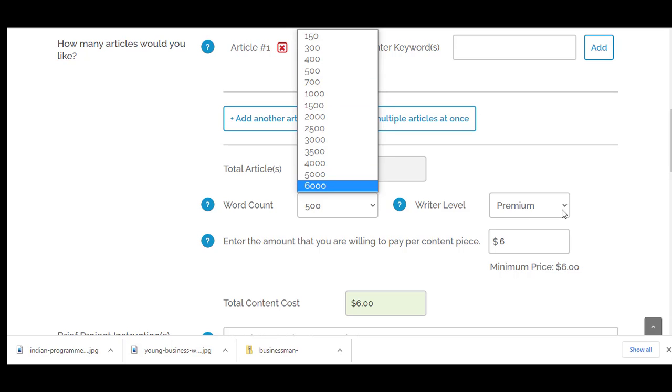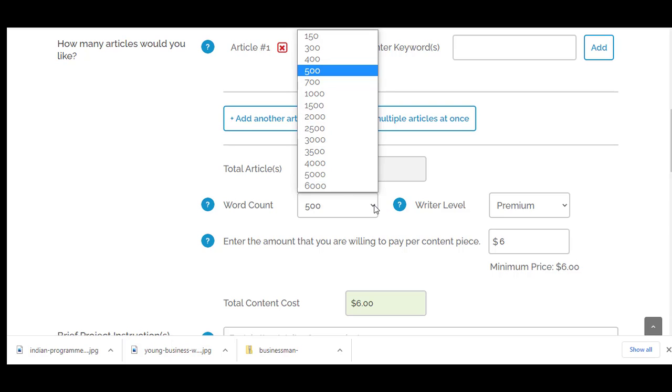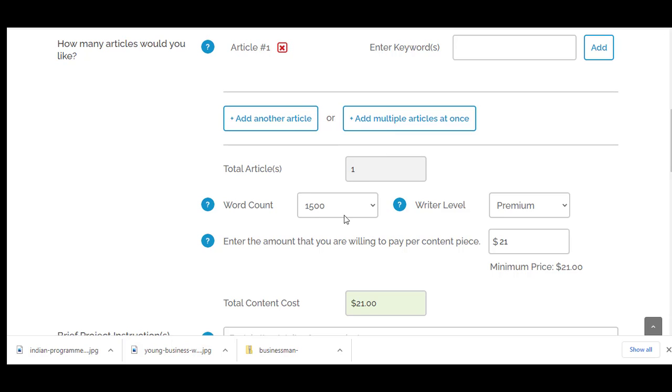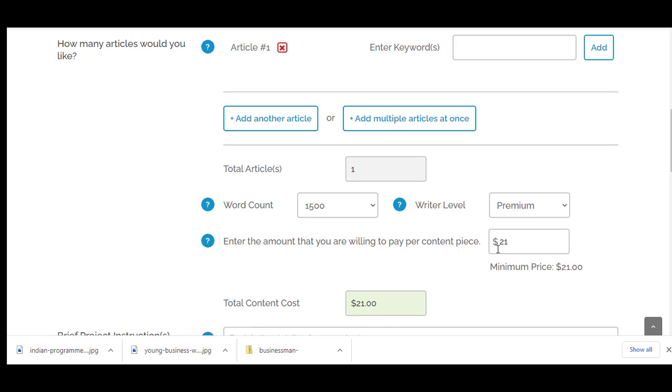And here you're going to pick. So let me just give this as an example so you see the difference in price, okay? Let's pretend that I want a 1,500 word article written for me. And here it goes, the different levels. So for 1,500 words, a standard writer would cost me $12.50. So pretty good price. A premium would cost $21, bumped a little, right? Elite $31.75 and the Elite Plus, woohoo,